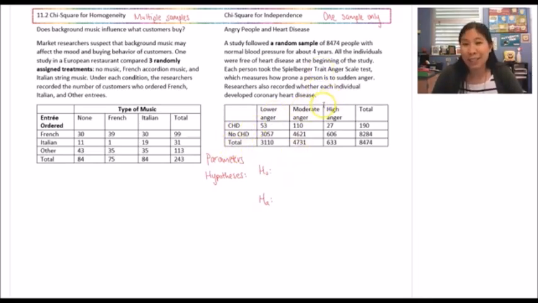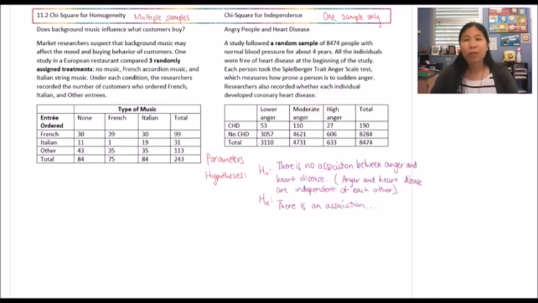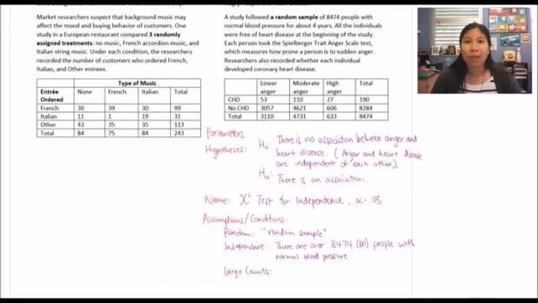In other words, they are independent of each other. So for my null hypothesis, I can write it as there is no association between anger and heart disease, or you can also word it as anger and heart disease are independent of each other. So both of these would work. Our alternative hypothesis would just be the opposite. So there is an association, or anger and heart disease are not independent of each other. Done. All right, so our next step is to name the test, which is our chi-square test for independence,